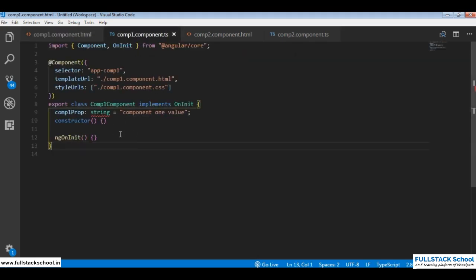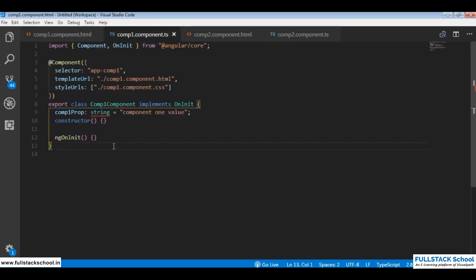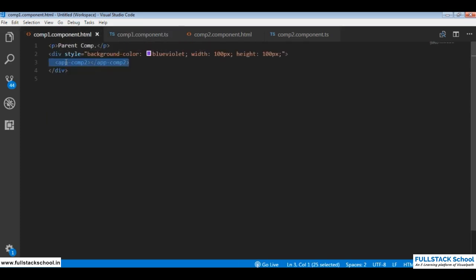In this example we will see the usage of ViewChild and how we can get the value available in component 2 in component 1's TypeScript. ViewChild can query the template to obtain a reference to the elements and have them injected into the component class. In detail, when an HTML file holds a custom template tag, that is app-component2, then to get a reference to this component in the TypeScript class,